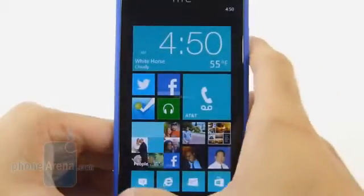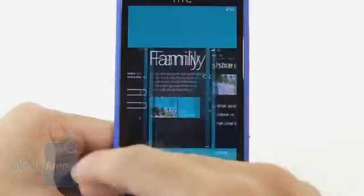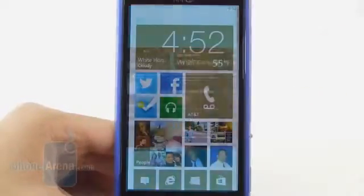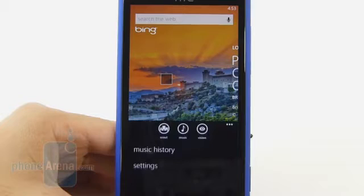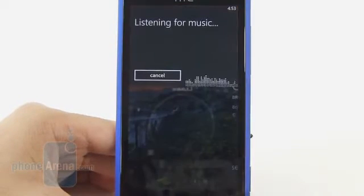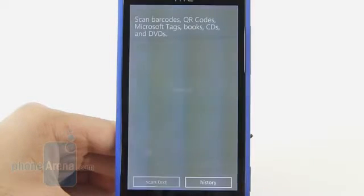Just like before, if you hold down the back button on the handset, you're going to get the panes here, which show you the open applications, so you can quickly multitask between them. Meanwhile, if you press the search capacitive button, it's going to instantly run Bing Search. You can search the web, and in addition to that, you have other features like Scout, so you can search for local restaurants near you. You can also tag music here, and even use the Vision function, which allows you to scan barcodes, QR codes,